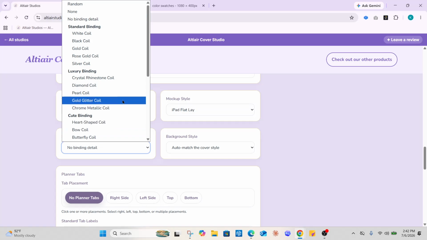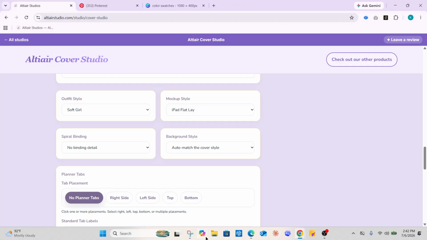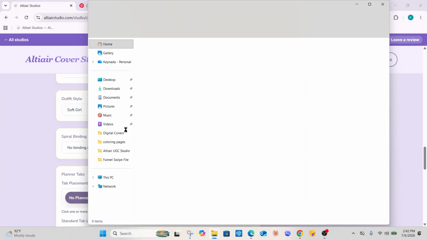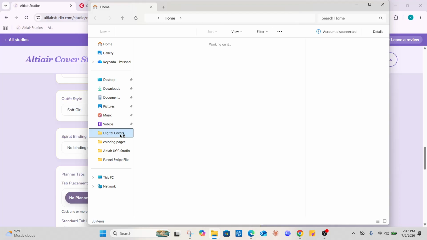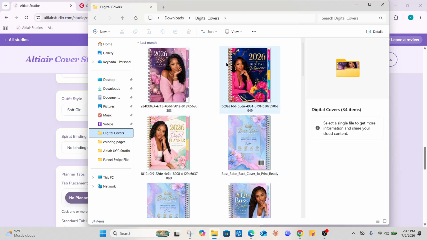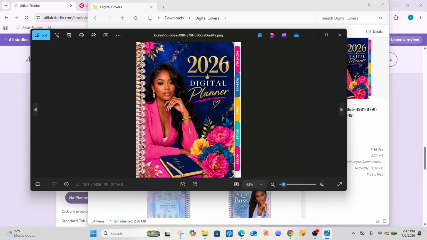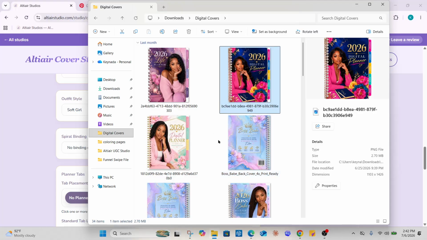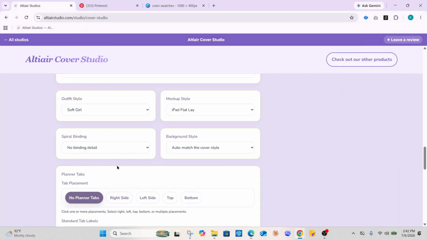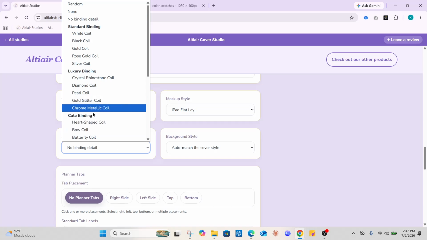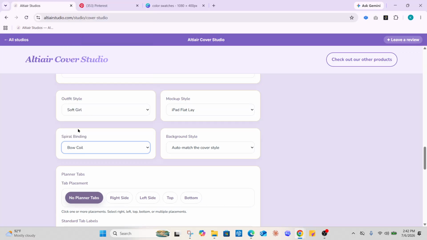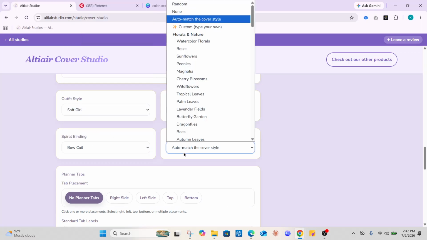Now for the binding, this is the actual binding of the actual planner itself, right? So this is the actual binding for the planner itself. So if I go to digital covers, as you can see here, okay, this is the binding and this is the tabs, right? And all of this was created with the Altier Cover Studio, okay? So what we're going to do for this is I'm going to do bow coil,